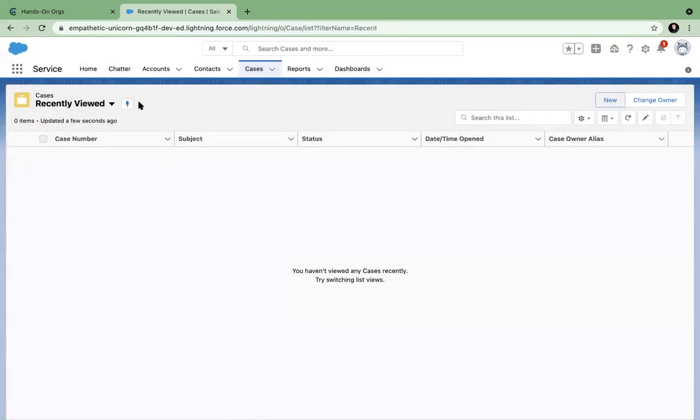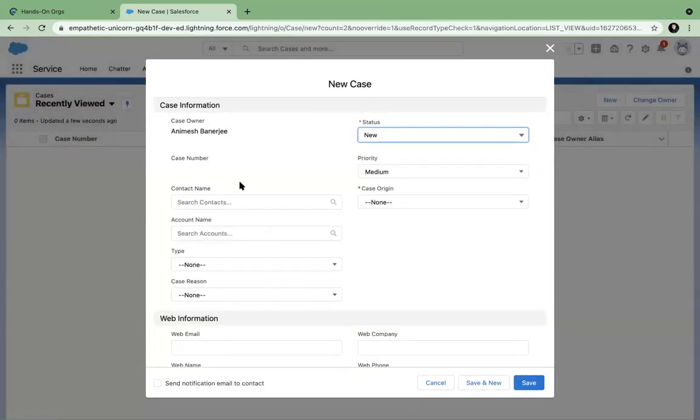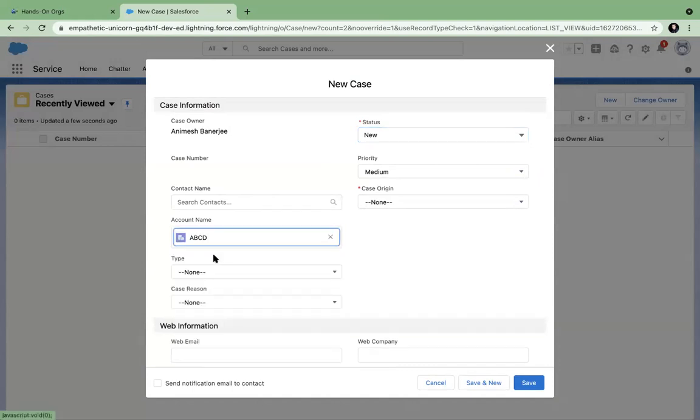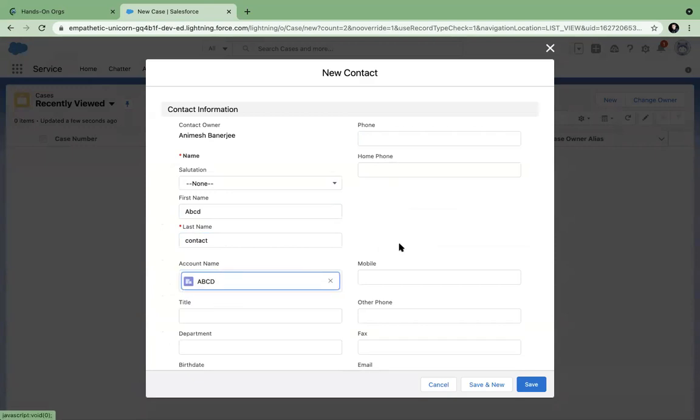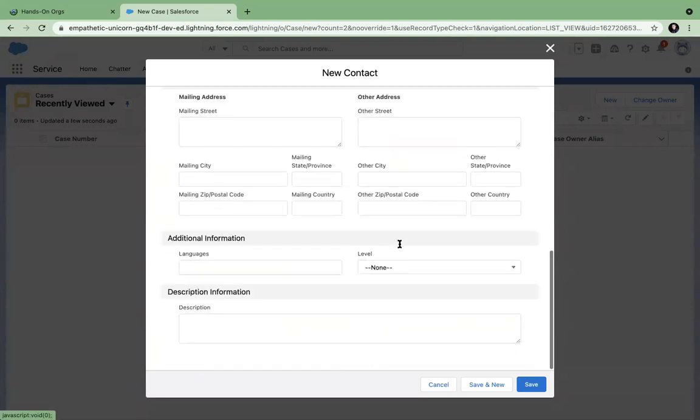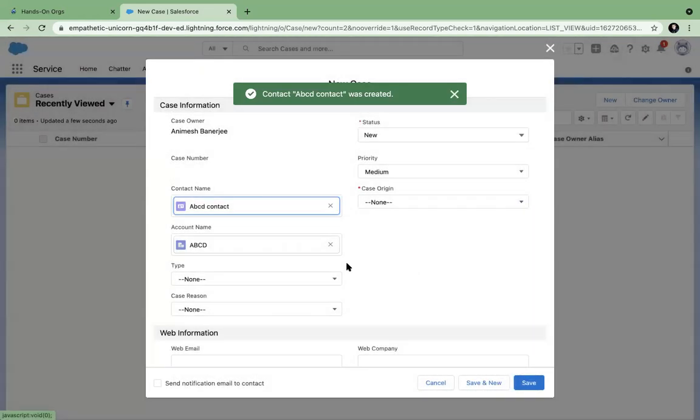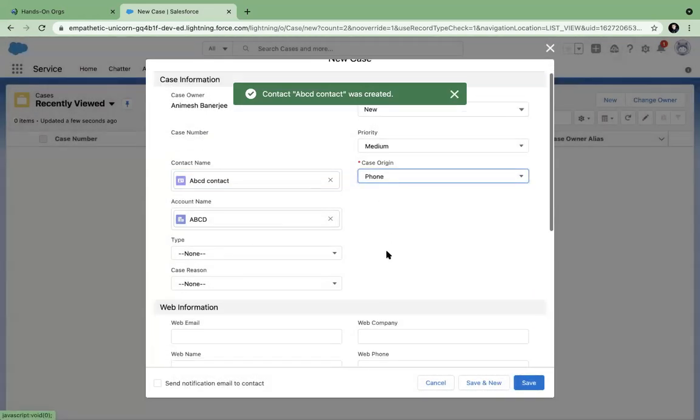So if you go to any case or create a new case, maybe an agent is working on it. A customer calls, so the agent will ask for his details, probably this guy has called for the first time. I will get as much detail as possible. And then basically I will say that this guy called me up.